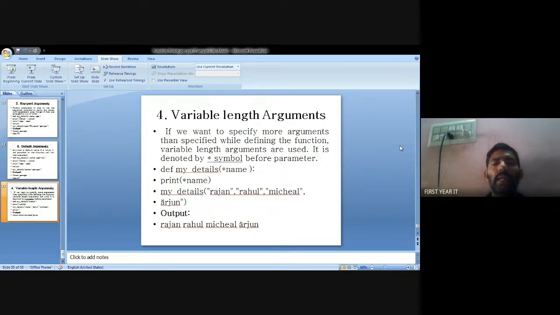Star represents the address of the values. So we can put four parameter values into one name. The name with star represents the address of the values, so we can create the pointer concept. The variable length is defined so that the parameter passing values are declared as pointer values. Okay, so thank you.